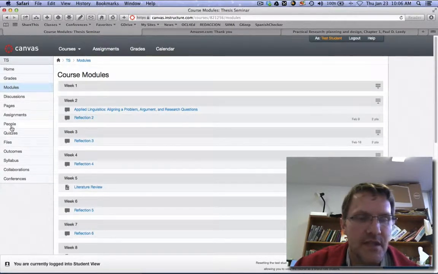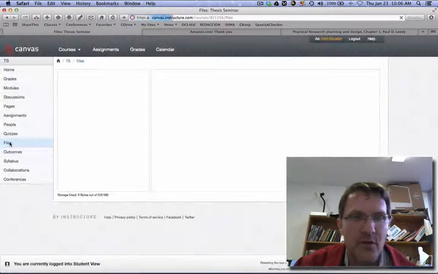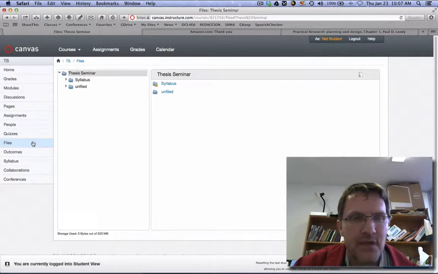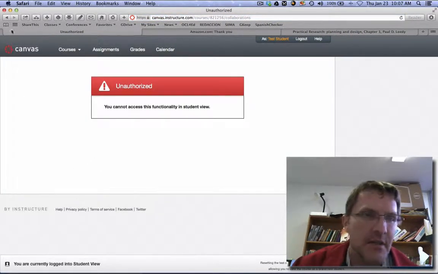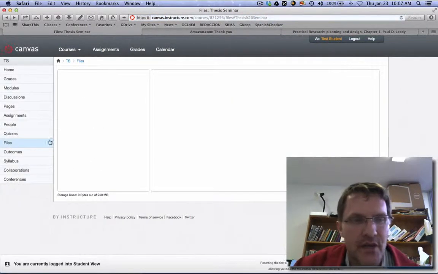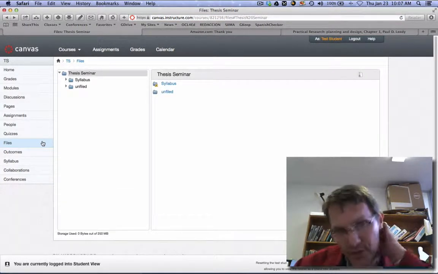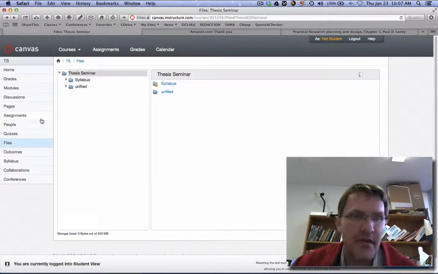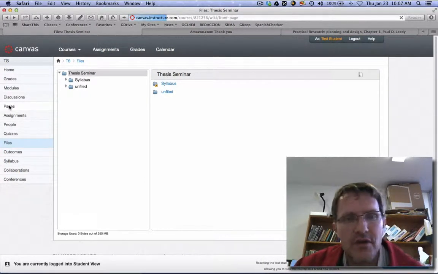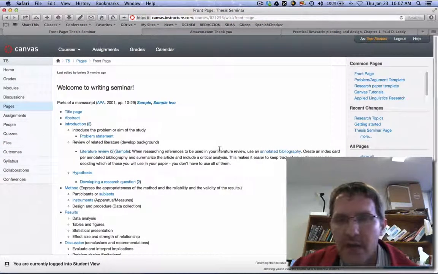Now the rest of these options here along the left hand side you can navigate through and experiment with and get familiar with as you get started in the course. But here we have some files, again the syllabus. We may have some collaboration documents, where we might share with the Google Drive. All of your work will be done in Google Drive, and I'll talk to you more in detail about how we will